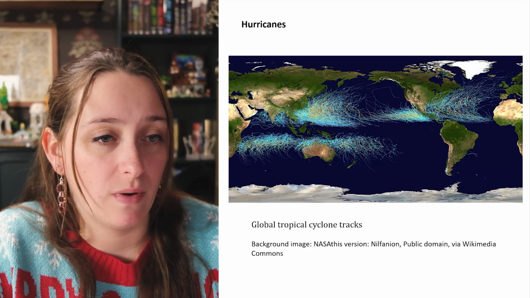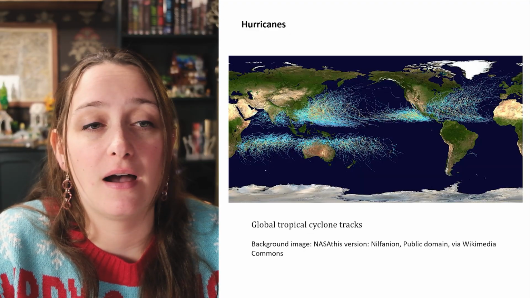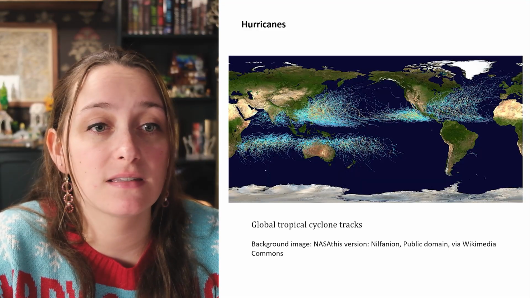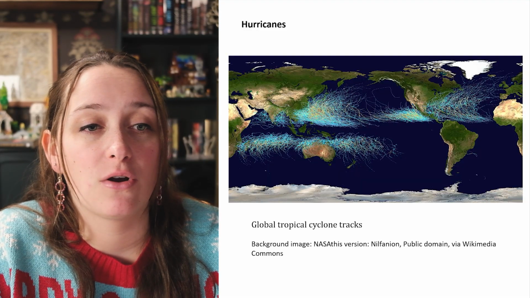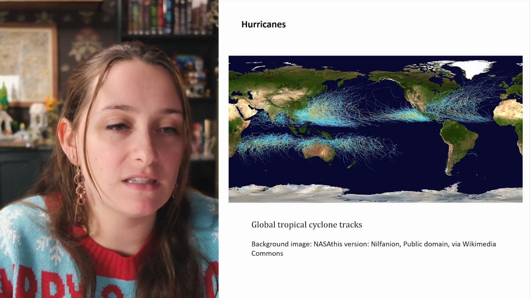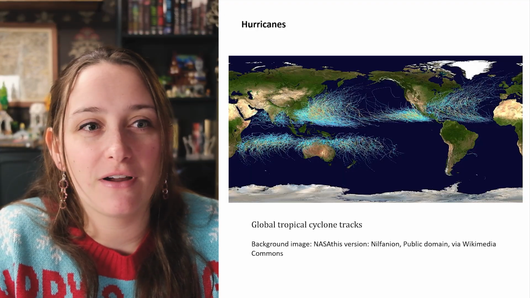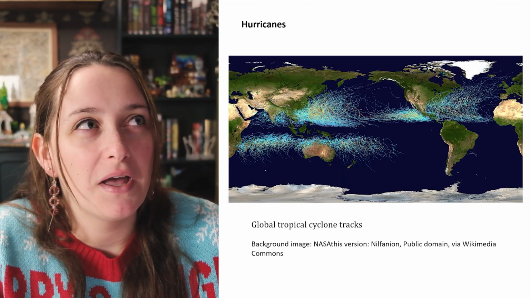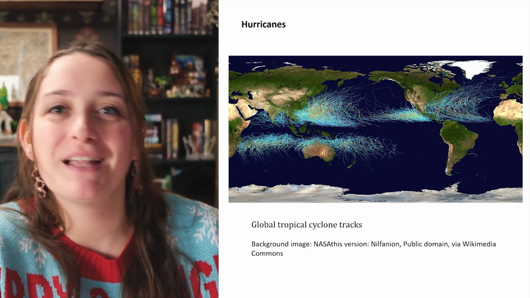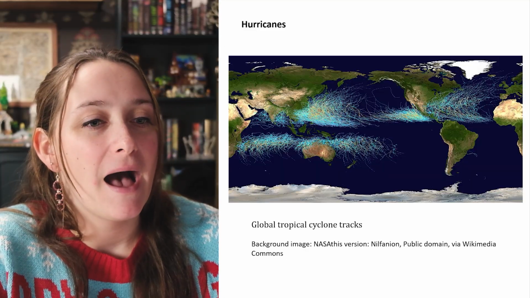So right at the equator, the Coriolis effect is absent. So we lack the force required for creating the rotation needed for hurricanes. Another important thing to note is that hurricanes can't cross the equator, right? Because then they would be flipping rotations. It has been argued that it is theoretically possible, but it has never happened in recorded history. So maybe write a cool book on that or do research. That's very interesting, but it has never happened, so we are not going to include it in our mappings.